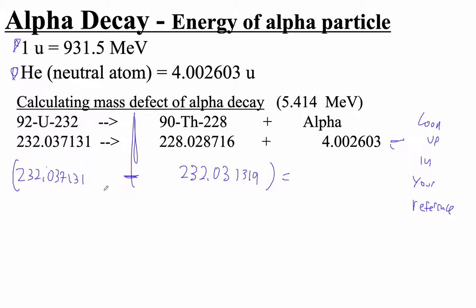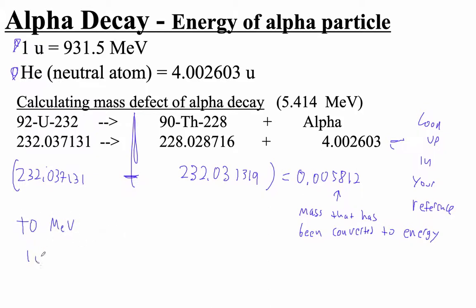So I'm going to go 232.037131 minus the answer I just got. And our mass defect is 0.005812. Okay? This is mass that's been converted to energy. What we say is that it's the energy of this decay. And to convert that, to turn it into MeV,